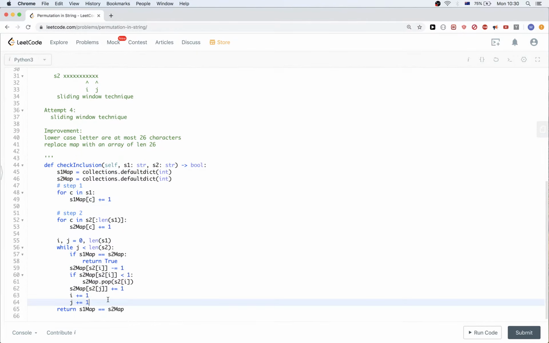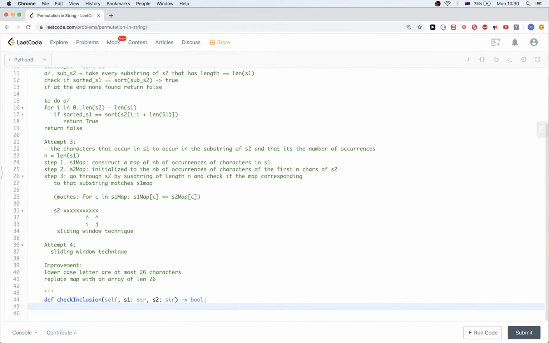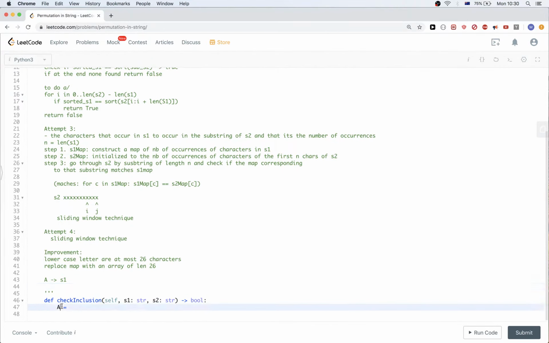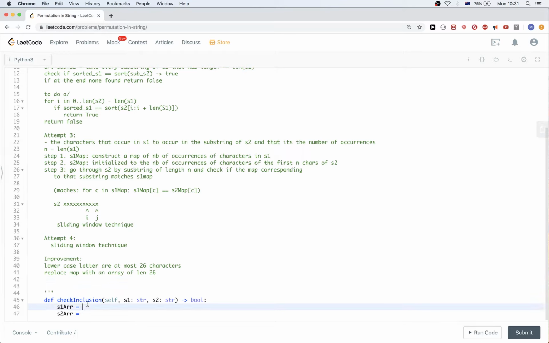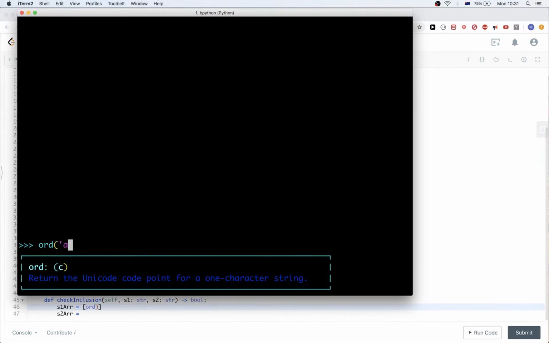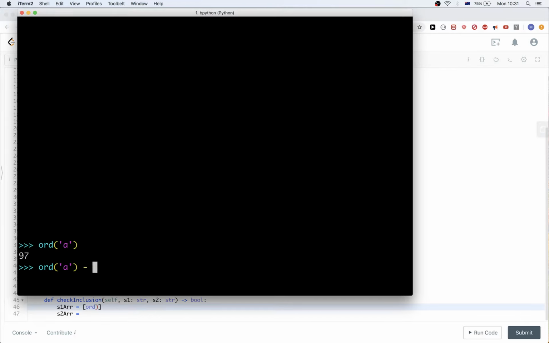So instead of using an S2 map here, let's say A is for S1, or let's call it S1 array, so that it's more clear. And let's define S2 array instead of the map that we did earlier. And what are these? These need to be initialized to the value of the letter. So let me just show something quickly here. So ord of A, that's 97. If I do minus ord of A,